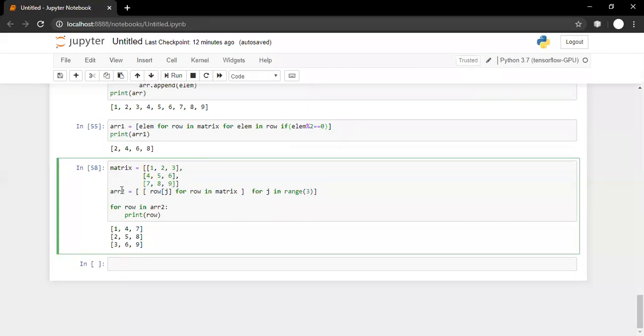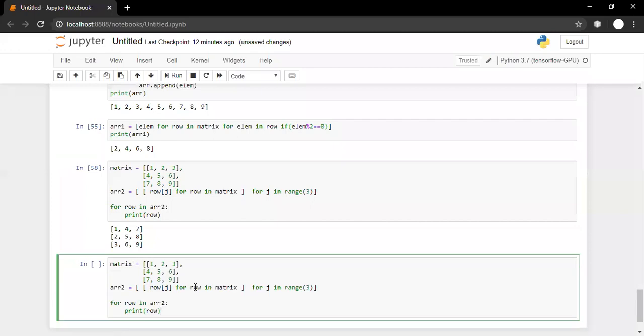And the solution of Vikas is something like this. What it is saying: for j in range 3, it is going for matrix of j i.